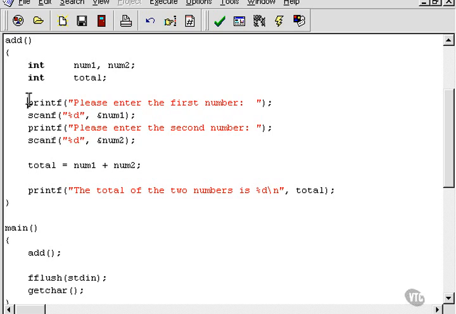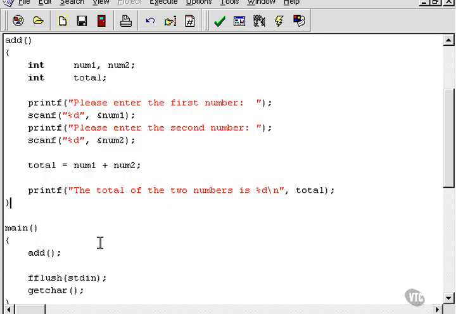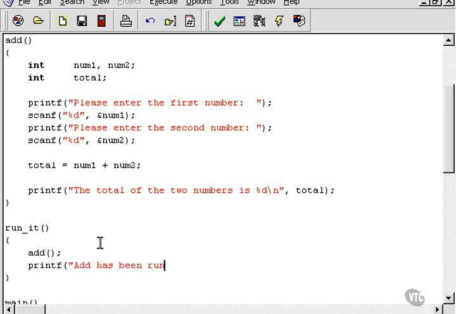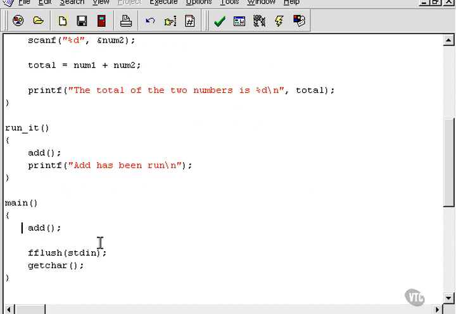You can't add it up here, but you could add it to another function that you've already got that is called by main. Maybe, well, let me show you an example. We'll write a function, sorry, called runIt. And all it does is it runs add. That's its sole purpose in life, is to run add. And we can put out a line saying, add has been run, or something to that effect. This is for all the people that aren't really familiar with functions yet. And now we can say,